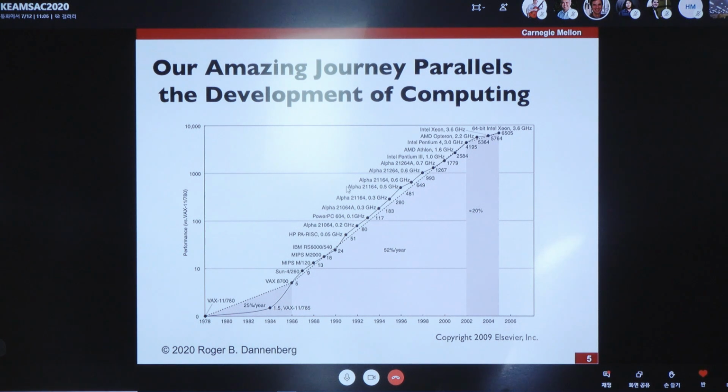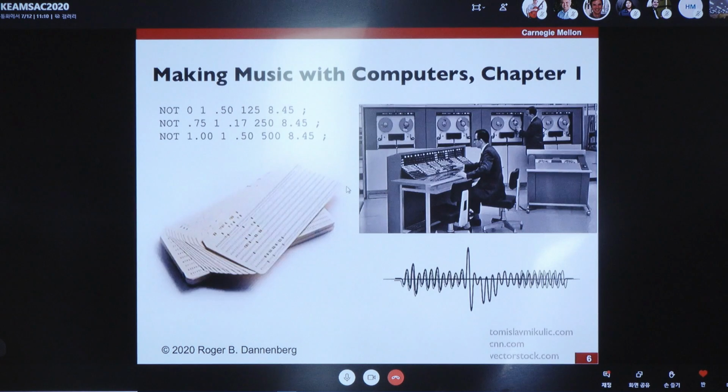So what I'd like to do is go through some of these changes in a little more detail and examine how the technology change has moved right along by enabling some of these different streams of musical imperatives. So if we go back to the very beginning, again, this is, believe me, before my time, although I did program some mainframe computers, I never made music with one, but Max Matthews certainly did, and there's a whole generation or an era of computing where music was created by programming mainframe computers with punch cards,